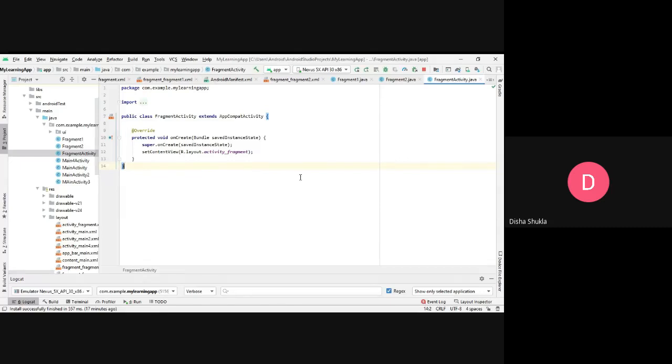Say, for example, you must have seen the settings app in your phone. Whenever you open the settings app on your phone, it will show you some kind of settings in that screen, and then when you click on a particular setting, say for example the display, you will see the more detailed settings of the display in another screen, right? But if you open the same app on your iPad, I mean the